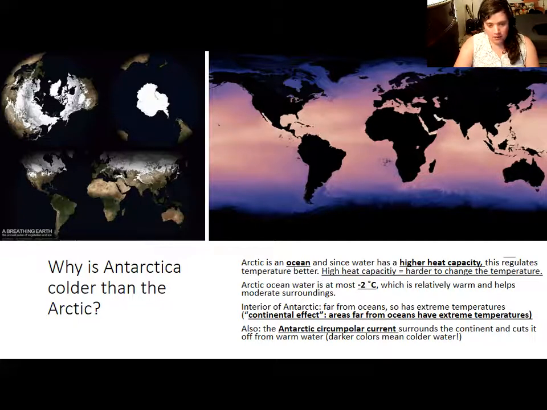The Antarctic Circumpolar Current, which we will talk about more in depth, is also really nicely visible in this diagram on the right. The darker colors mean colder water, and you'll notice the Arctic isn't quite as uniformly just a dark band. The water surrounding Antarctica is generally a lot colder, and that is because there is a current running all the way around the entire continent of Antarctica, past South America, past Africa, and past Australia, going extremely fast and also blocking warm water from reaching the Antarctic.